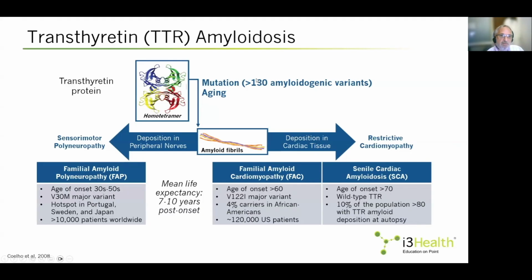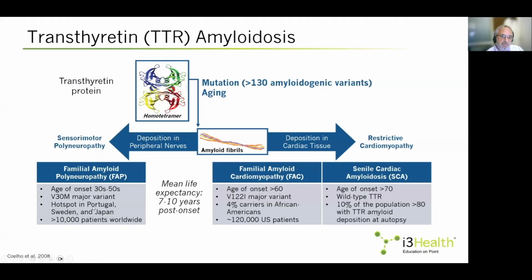There are greater than 130 known amyloidogenic variants in the transthyretin protein. In addition to those variants, there is also a concomitant phenomenon with aging in which the protein becomes unstable. And so again, we can develop either a sensorimotor polyneuropathy or a restrictive cardiomyopathy, depending upon which tissue is affected. So-called familial amyloid polyneuropathy, typically the classic variant is the Val30Met, in which methionine replaces valine at the 30th position,